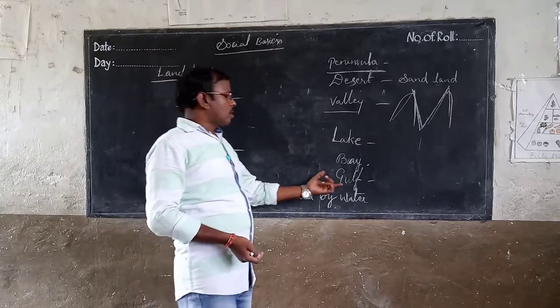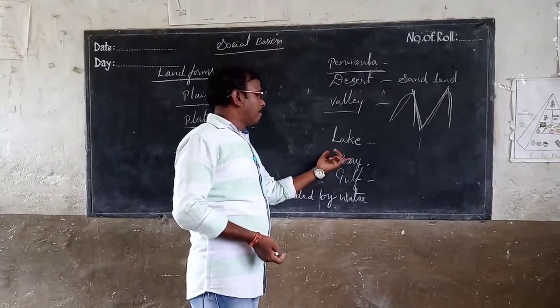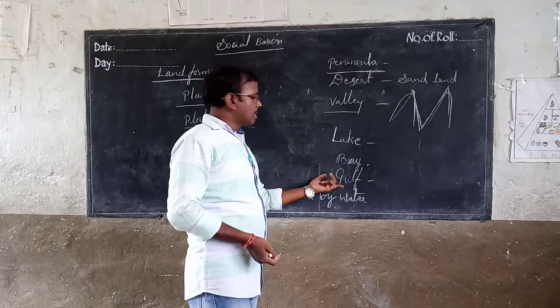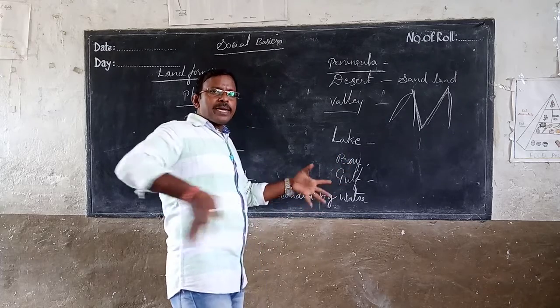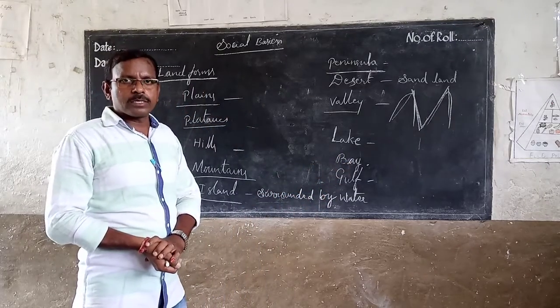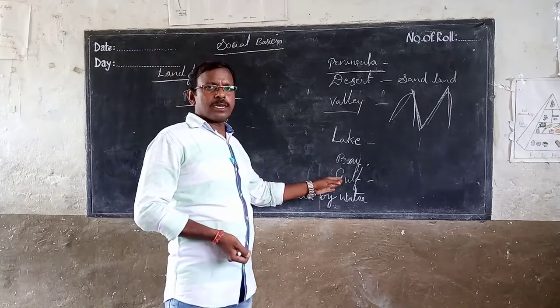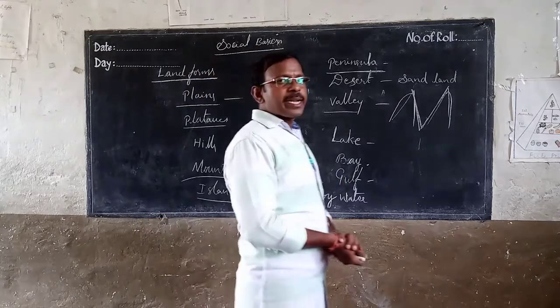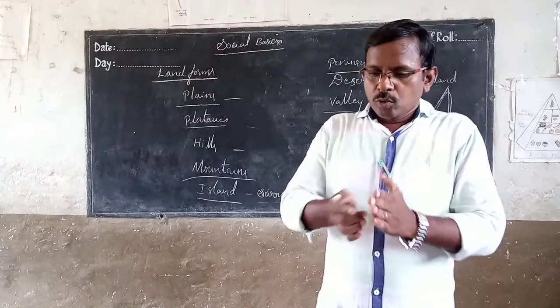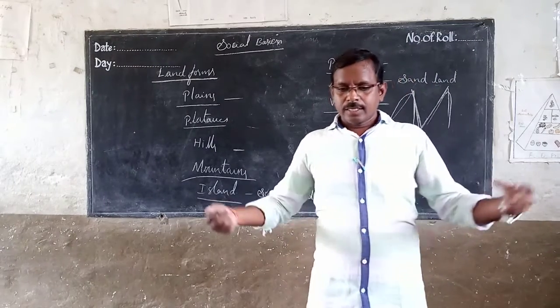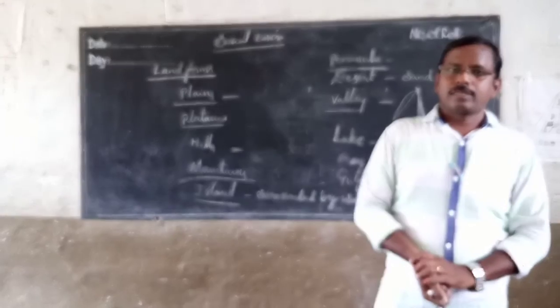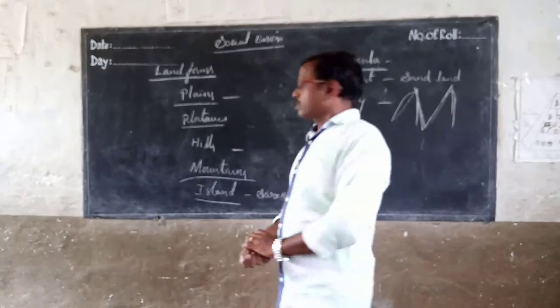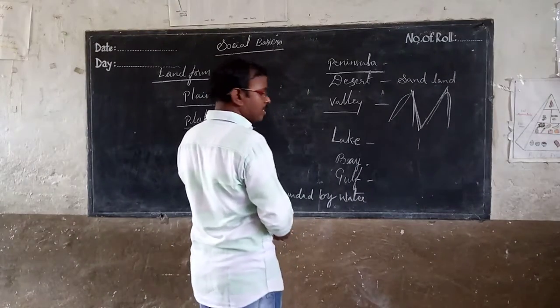Okay, so that is called a gulf. Gulf of Mannar, Bay of Bengal. This is the Gulf of Mannar. It separates two land parts. A gulf will separate two land parts, like a strait. Another one is a strait. A strait also separates two landforms, and it joins two water bodies. Okay, strait.